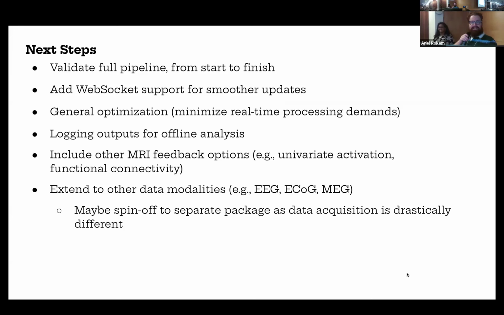Okay, so wrapping things up. Four days is a lot to work on this, and there's a lot of things that can go into it, but I think a lot of the modules are working. So the next step would be to validate the full pipeline from start to finish with some kind of